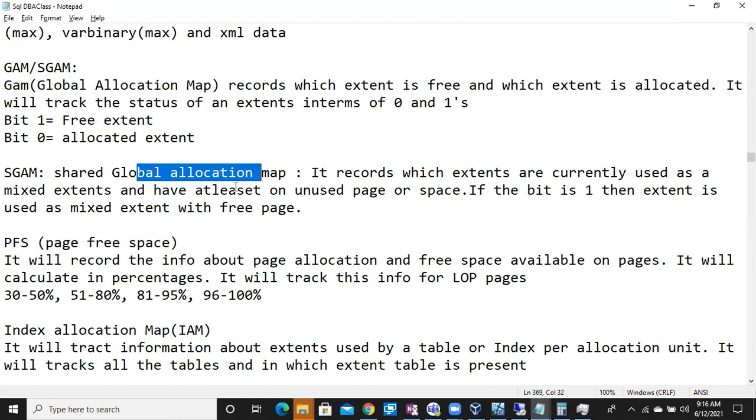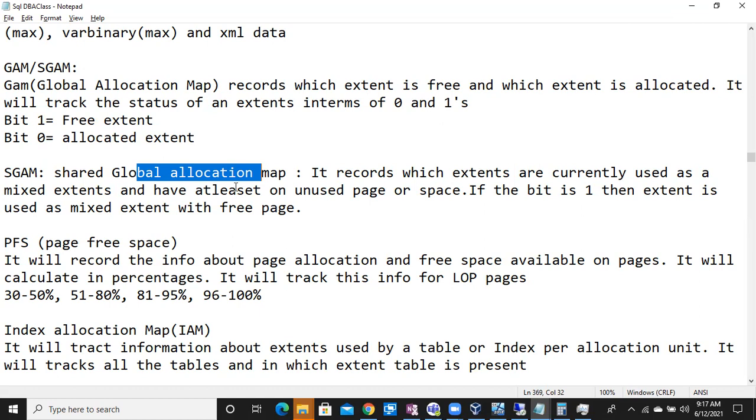Now tell me, whenever you are creating a new object, which system page will SQL Server use, the GAM page or the SGAM page? The SGAM page. Why?